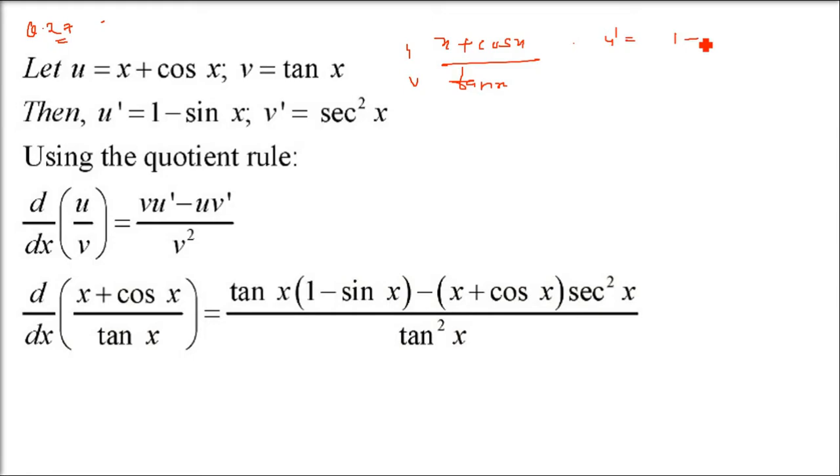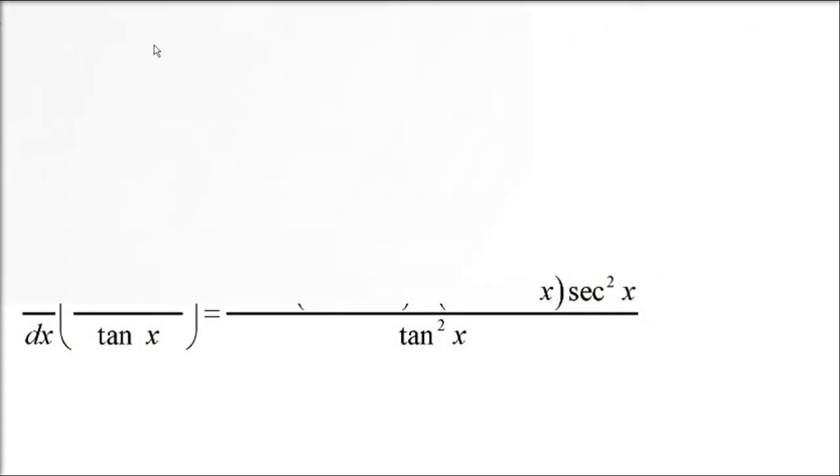Most simplification, the least is, I must say, cos x into sec² x will be cos x by 1 by cos² x, over cos x, 1 cos x, so only sec x will be there. So just keep it like that.